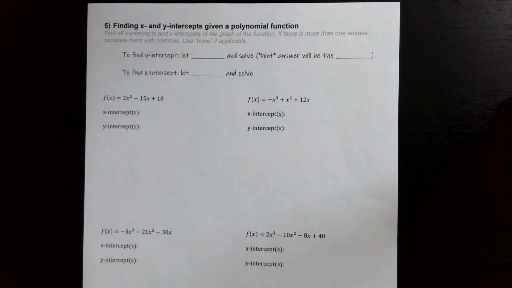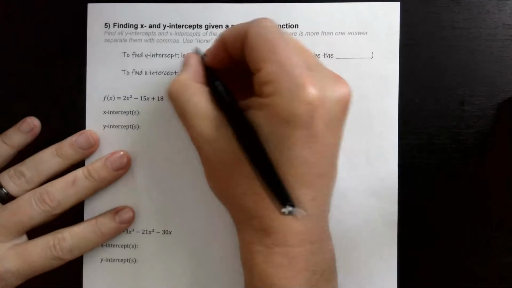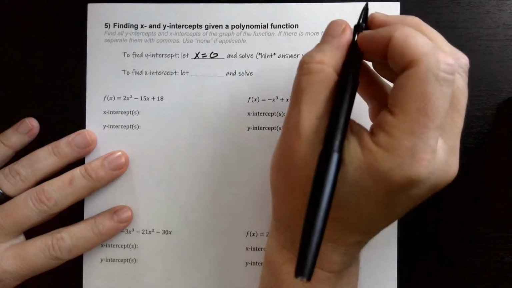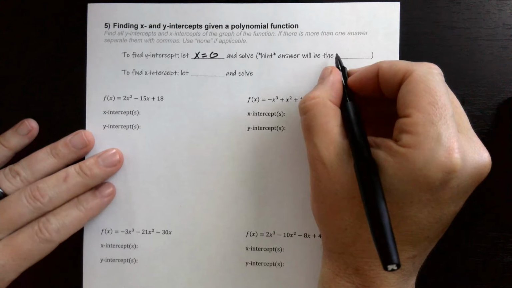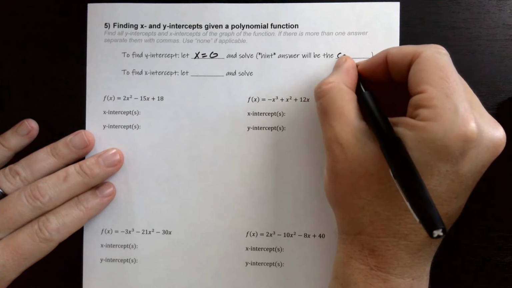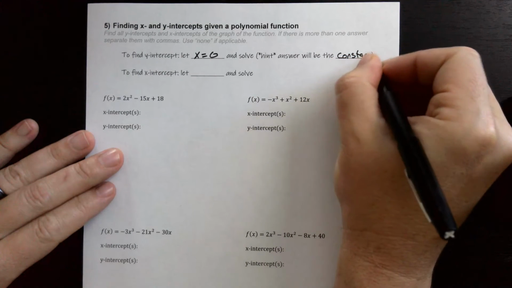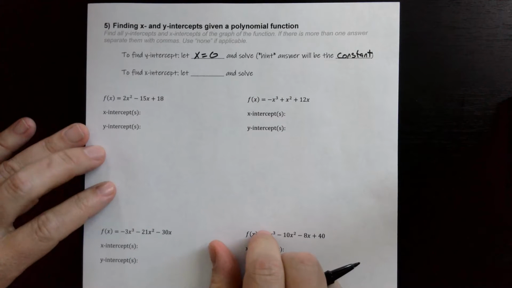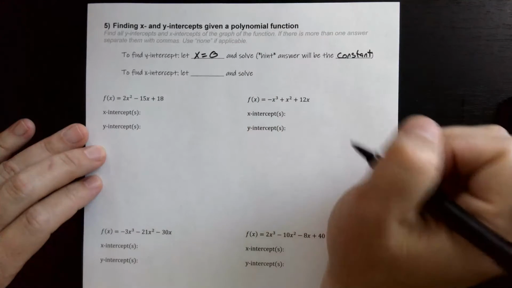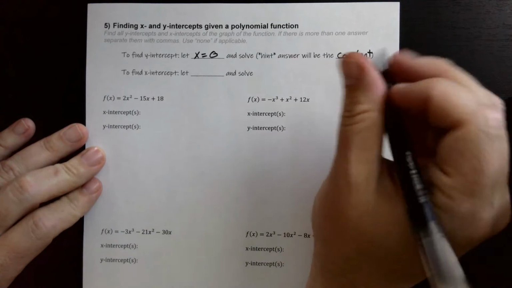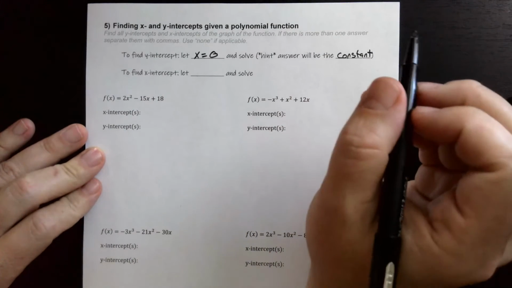Okay, in this video we're going to find x and y intercepts given a polynomial function. Some reminders. To find the y-intercept, you let x equal 0. Remember your answer is always going to be the constant at the end. If there is a constant, it's going to be that answer. It's the term that doesn't have an x in it. In other words, if all the x's go to 0, then whatever's left is your answer